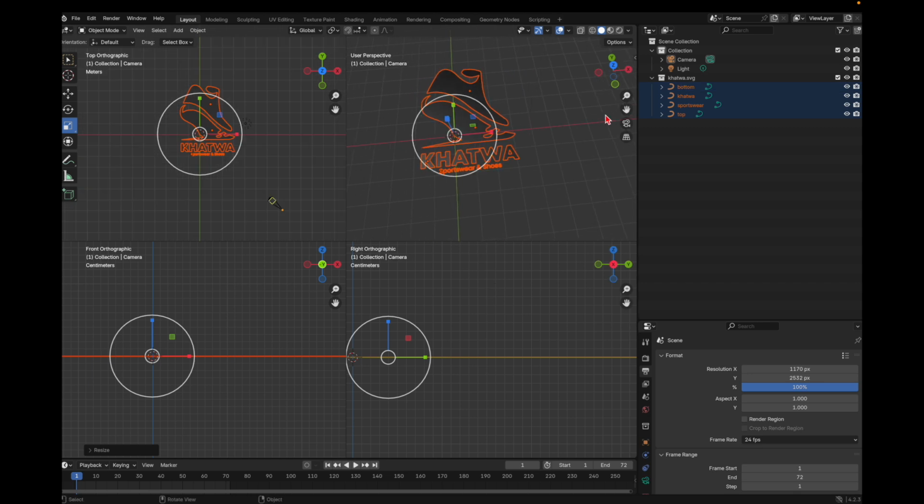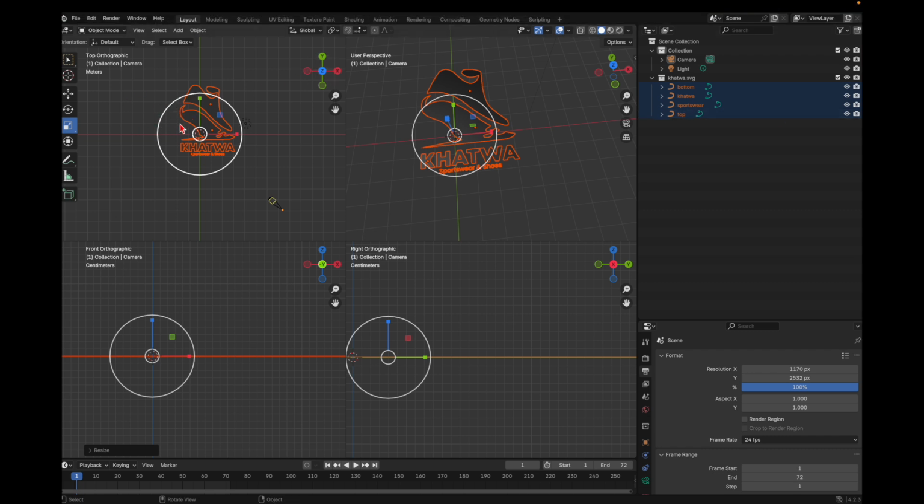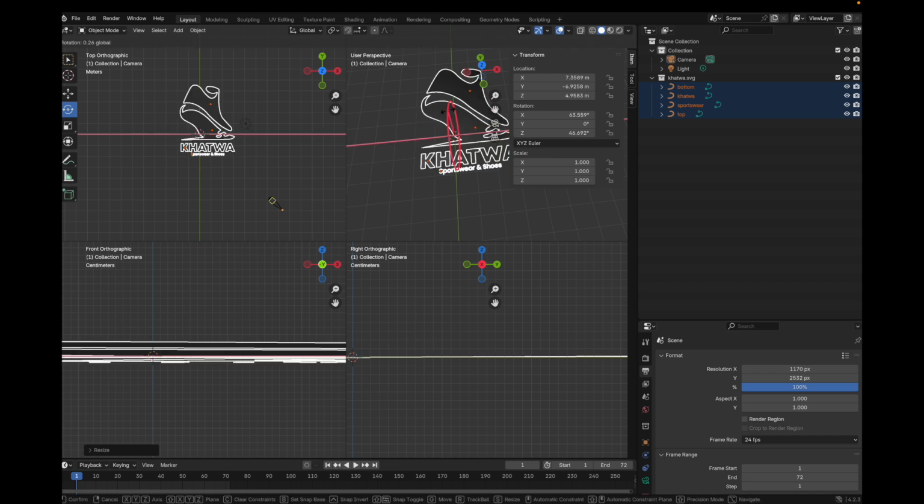Then after that, we need to make this logo stand up. Because if you look at the top perspective, this is from the top viewport, and this should not be the right view. So if I press N again, the sidebar, and if we click on rotation, you can see there is a red color. So if I just bring this up,